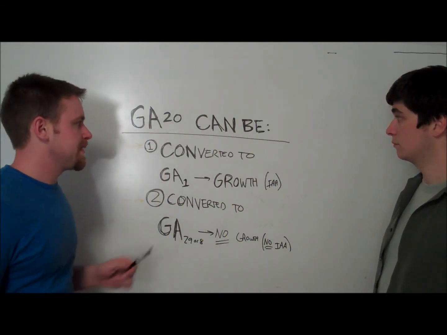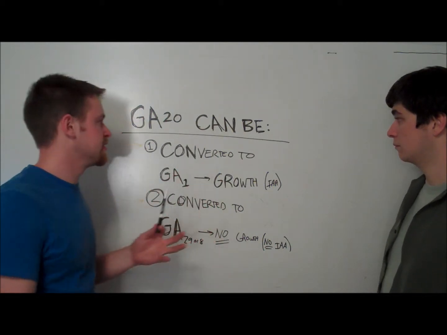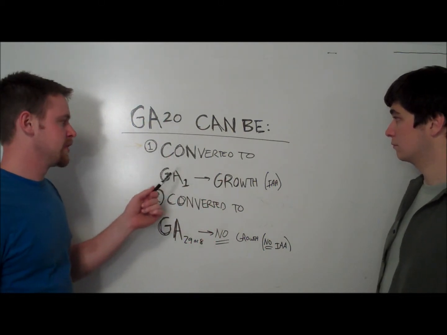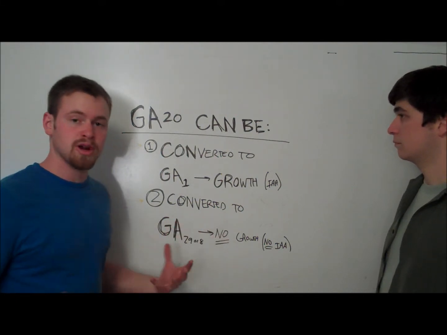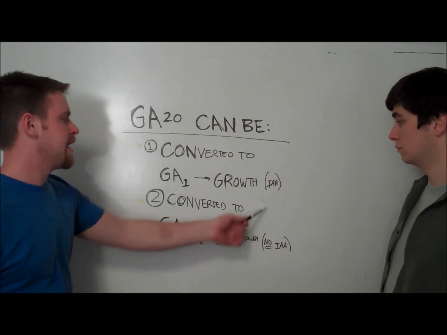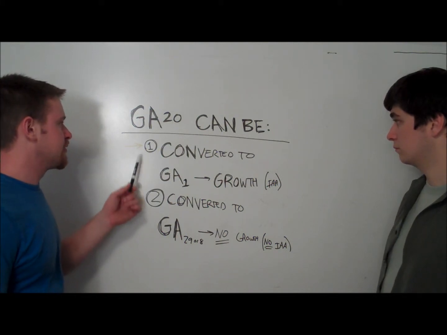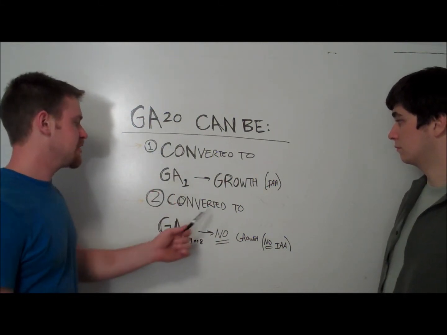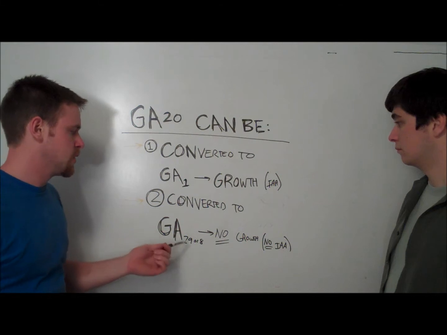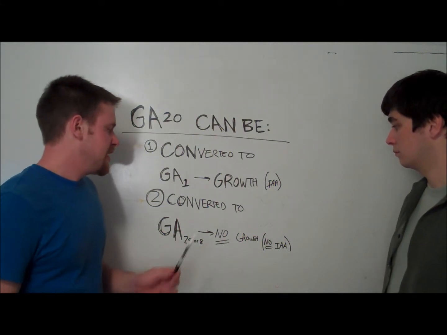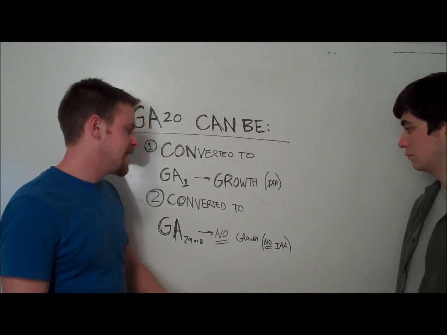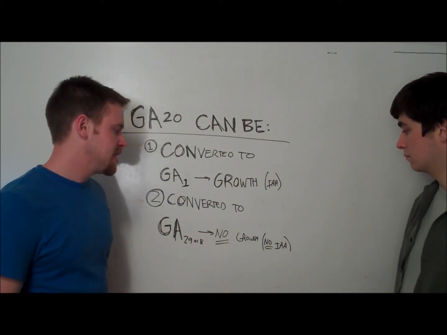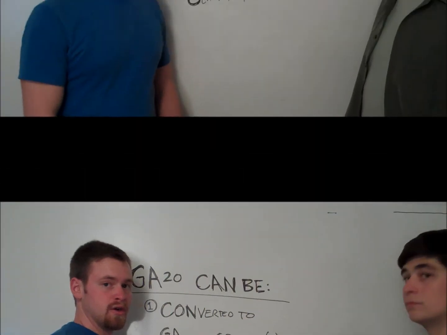Gibberellin 20 has two options in a plant leaf. It can either, one, be converted to gibberellin 1, which leads to growth, which is caused by the presence of auxin, IAA, or the second route GA20 can go is it can be converted to gibberellin 29 or gibberellin 8. And if it's converted to gibberellin 29 or 8 in a lack of auxin, it results in